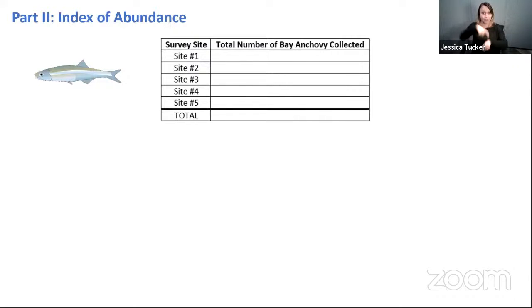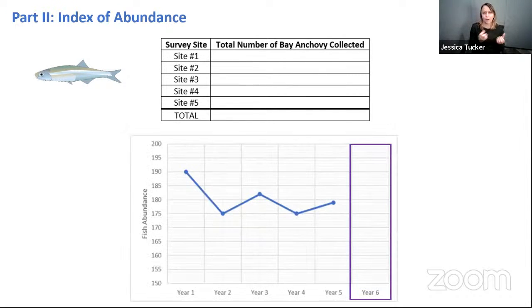Using a second handout, each group will now focus on one of the 5 species and determine the total number of fish caught in the whole survey for that year. So for example, this group is focusing on bay anchovies. So they will go around to the other small groups and record the number of anchovies collected at the other sites and then add those up. That total is then added to a line graph where students can consider whether their population has increased, decreased, or